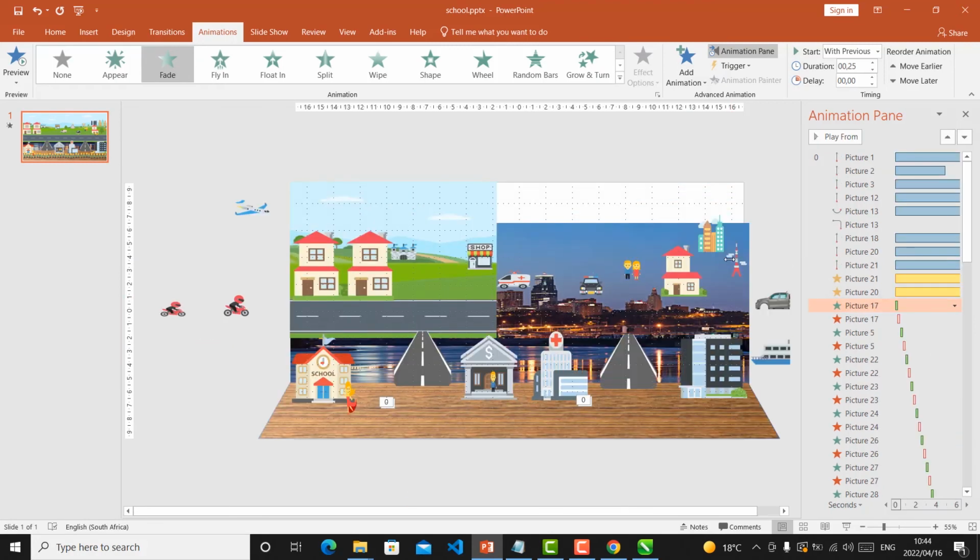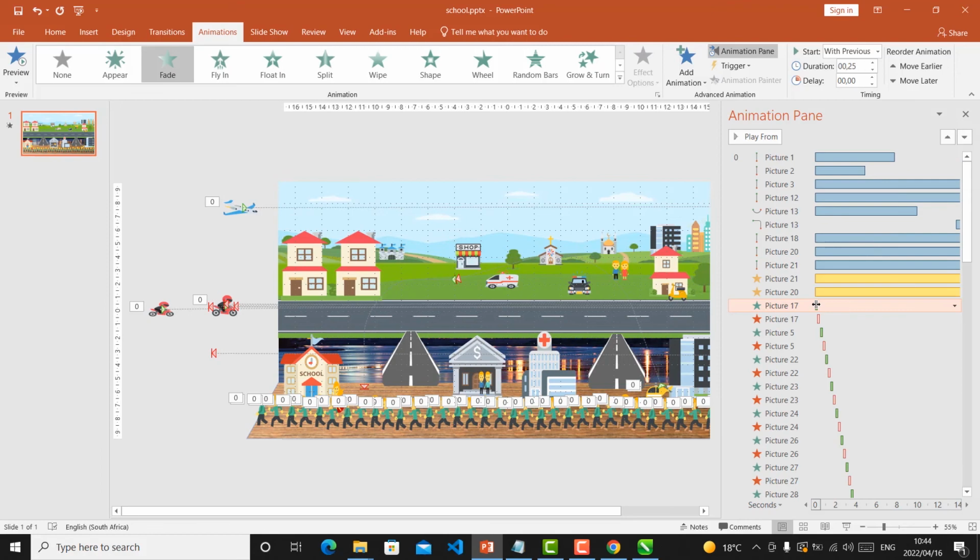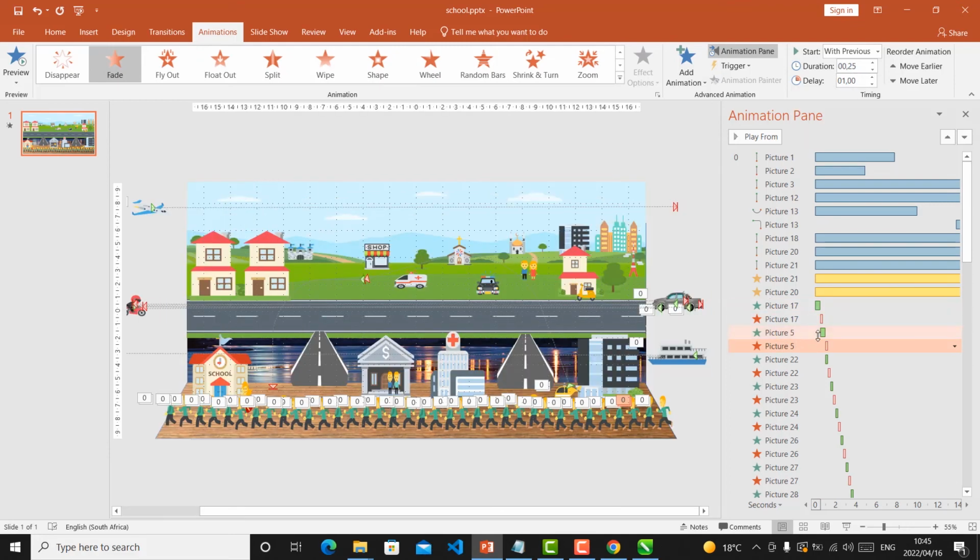You want this person to walk faster. So what you do, you come here and increase the size of all the durations. So if the more duration I put, like if I put 5, it doesn't take long. But now everything must move. Now I have to select this one, and also select this one, and also move the delay a little bit. So that the more green I put, the slower the movement is going to be. It's going to display that body and take a lot of time. But so far, to make the video short, I think from here I'm going to just leave it that way,